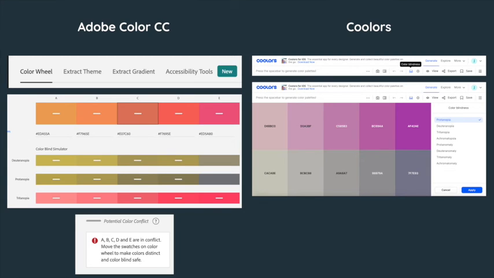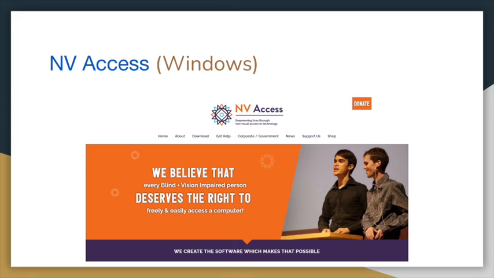Another free resource is coolors.co. Coolors.co is spelled a little differently. It is C-O-O-L-O-R-S. This website is a little different. It will test for 8 different color blindness types and it will show you differences between the colors top and bottom. This website will not alert you if one's too close to the other. You'll have to use your judgment in this one, but they are both good and free.